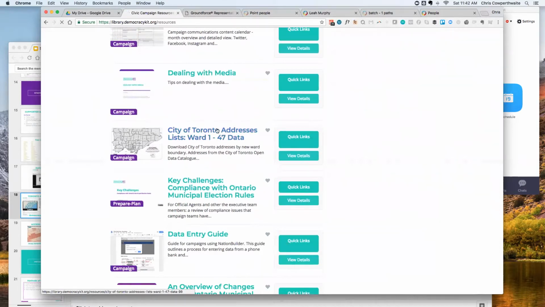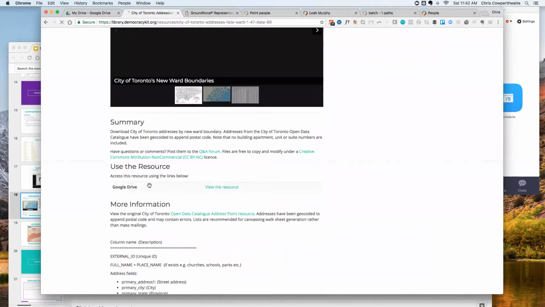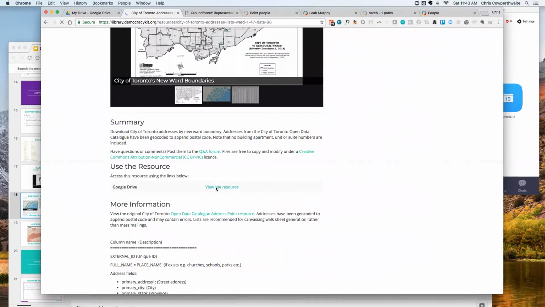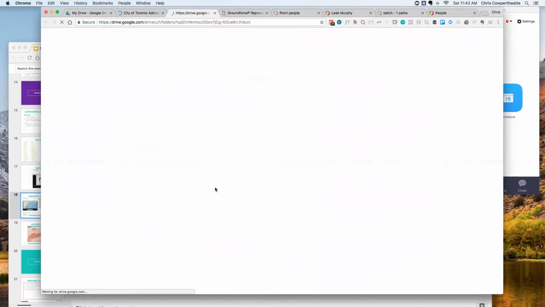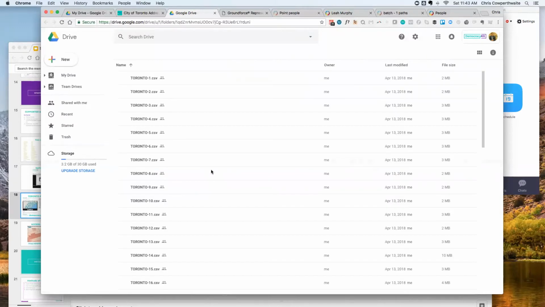You click on that resource, and then you'll see down here, under use the resource, we've always got a link to the resource, either Google Drive, or in this case, actually a Google folder. Part of the reason we went over those core team tools previously is that we're using the Google Suite set of apps with DemocracyKit, so there's some good integration if you're also on that platform.